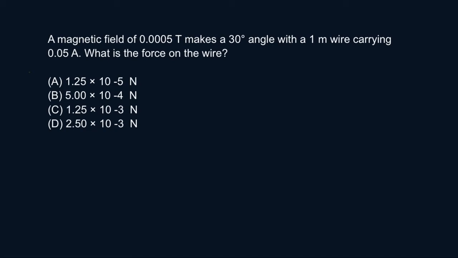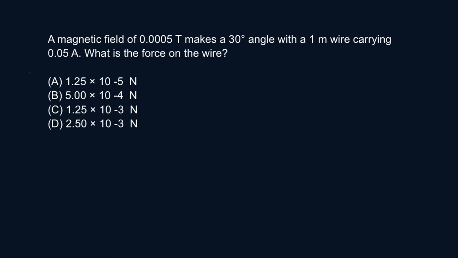A magnetic field of 0.0005 Tesla makes a 30 degree angle with a 1 meter wire carrying 0.05 amp. What's the force on the wire? So